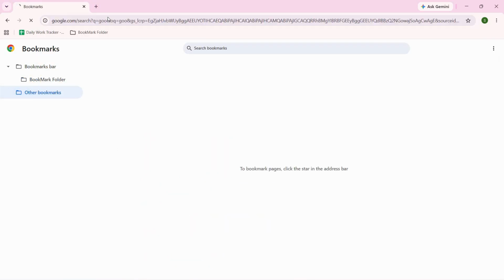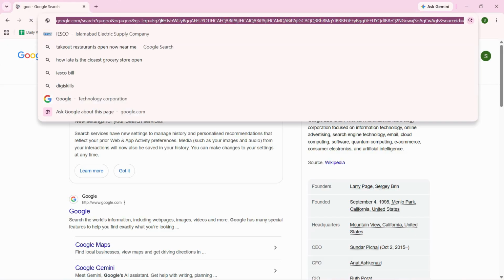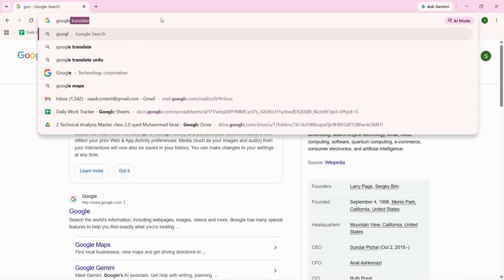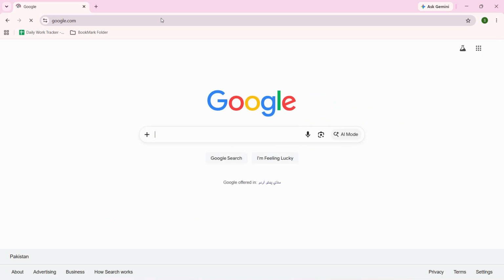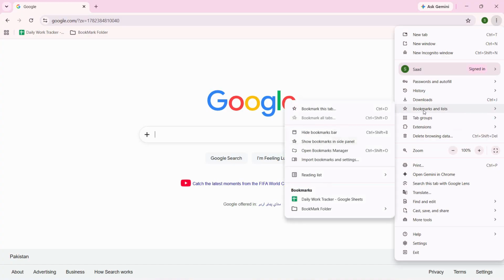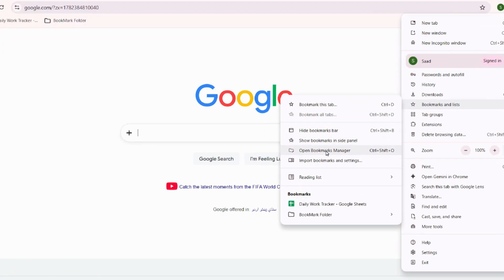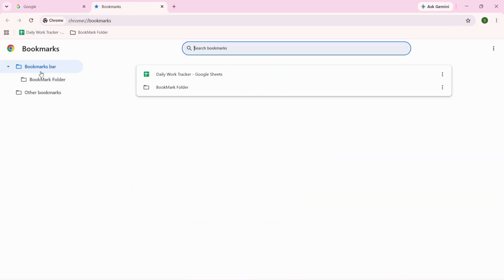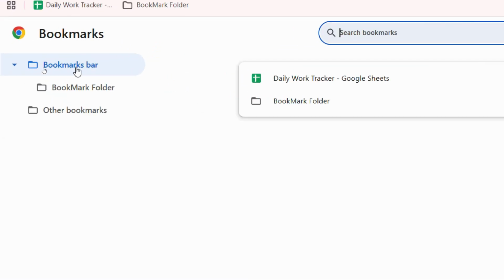First of all, let me just show you from the start. Open up Google Chrome and I'll just land on the main search page. From here, we click on the three dots on the top right hand corner and head over to the bookmarks list. And from here, we will choose Open Bookmark Manager. Click on that, and you should be able to see your bookmark bar on the left and any other folder